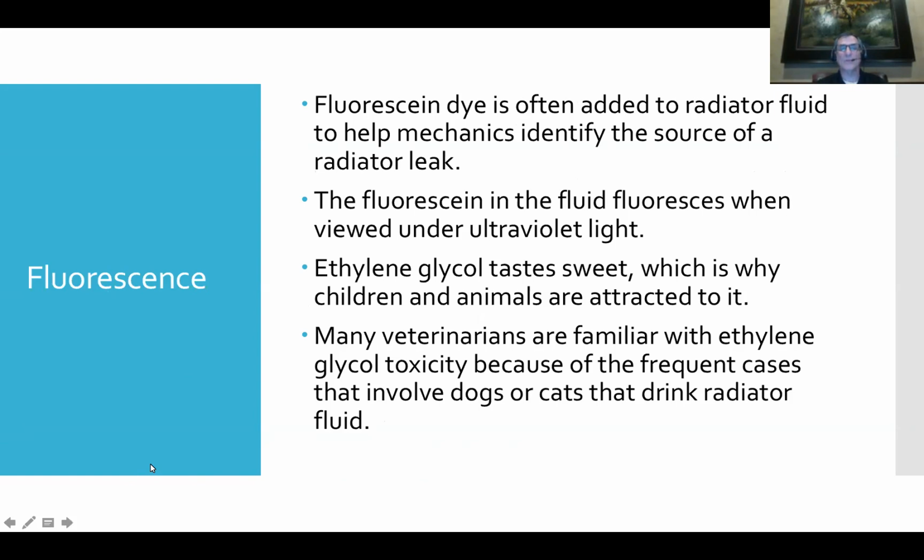Fluorescence. Fluorescein dye is added to radiator fluid to help mechanics identify the source of a radiator leak. So that's why it's a pretty blue or it's a pretty green. Normally it looks like water, just like everything else in the world does. But they add the pretty blue stuff, and the beauty of it, although not horribly reliable, it's fun when it